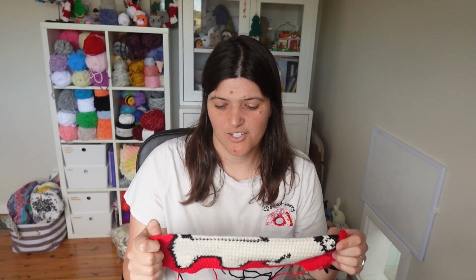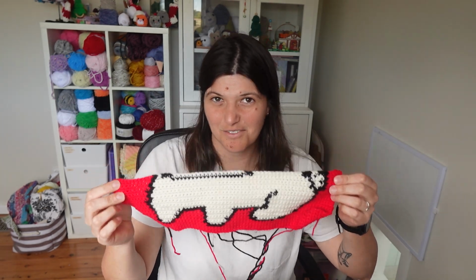So that's how I use stitch markers in my tapestry crochet work. I obviously haven't gone and done it on this row yet, but I will. I think a lot of people crochet while they're watching TV, and one thing that stopped me from wanting to